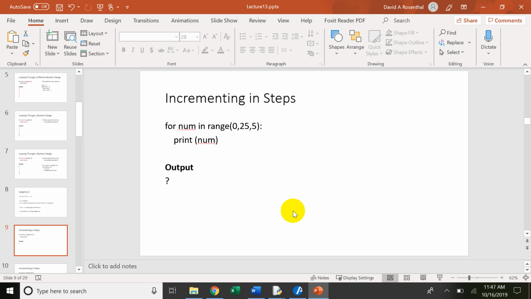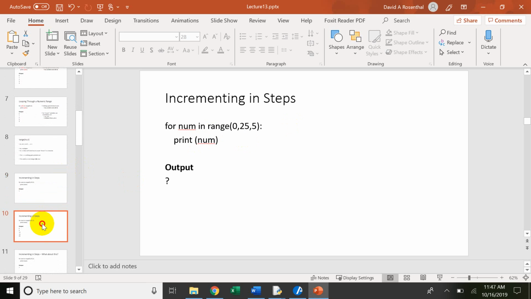The next variation in the for loop is in that range component. Okay, we have a start value and ending value. You can actually vary the increment. So by default, if you don't have a third parameter in the range statement, it's going to default to 1. If you do, okay, you can put whatever number you want. It has to be an integer. And if, for example, I had 0, 25, and 5 in this particular loop, what it would do is